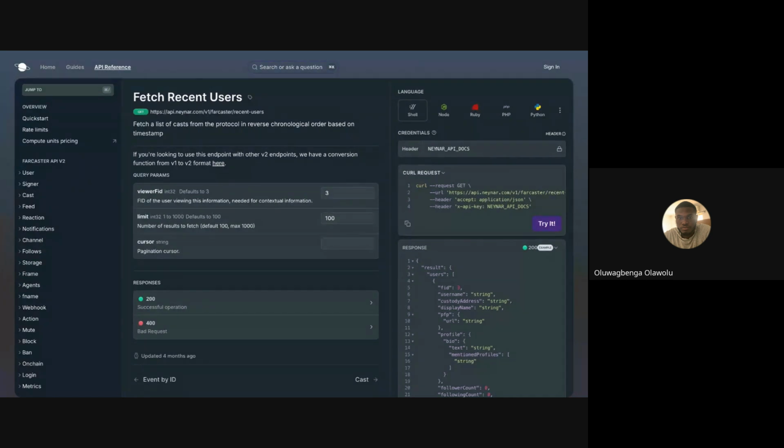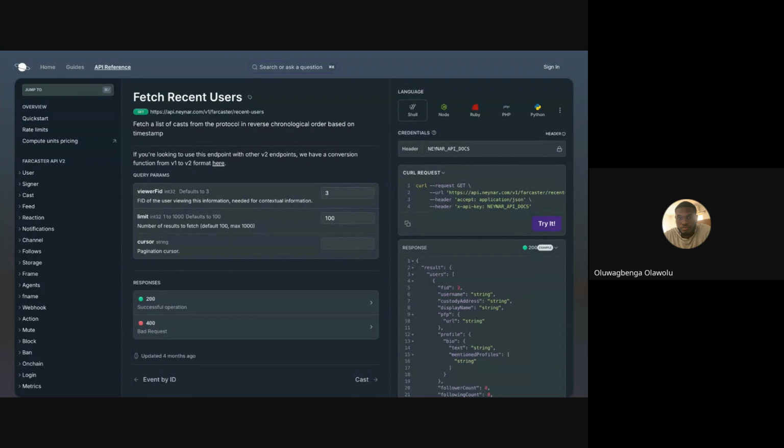So now this API spells it out clearly: you use query parameters, the variables and the values. What kind of variables do you pass in? The type, because there are some APIs that don't spell some of these things out, and you don't know if you're supposed to pass in a string or a number or whatever. And then there are also examples of how the request will look in multiple languages. But this is extra icing on the cake, if you want to go the extra mile.